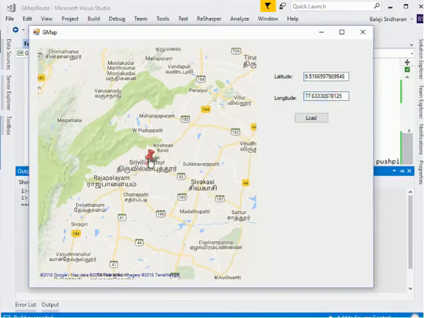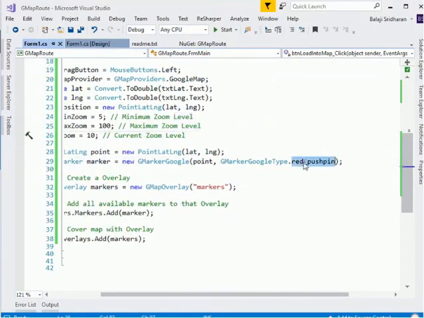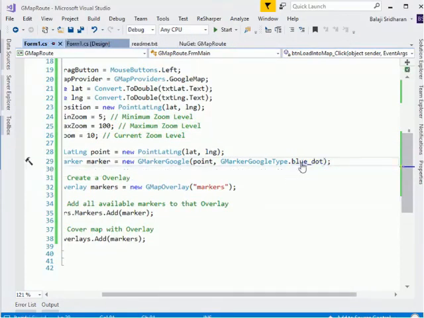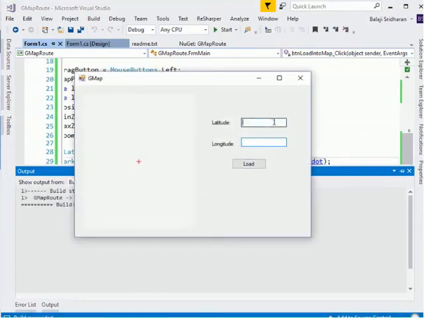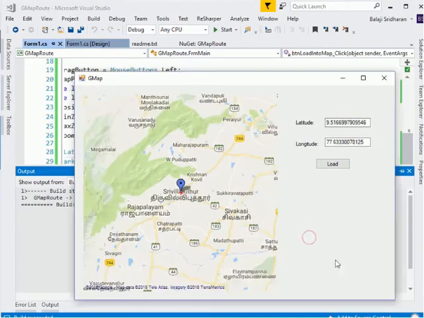We can change our marker type or that point type to anything. For example, I will change that type to blue dot and then I will run it. I will copy and paste my latitude again. See, now our point type is changed.